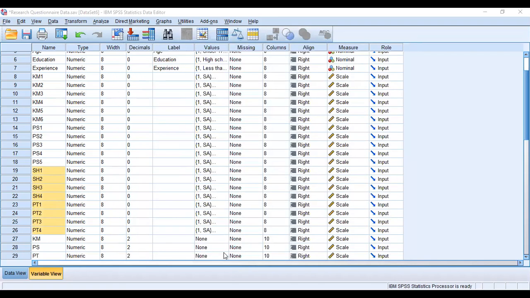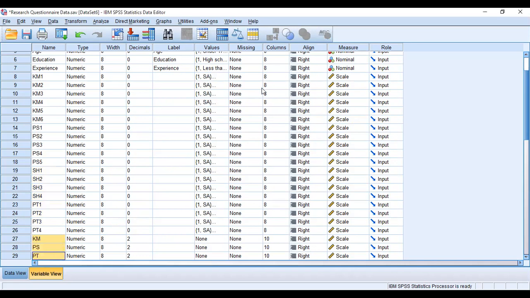So here we are, we have been presented with a table. This is basically another variable that has been computed, which is project team. So now we are able to compute two or more variables in order to analyze the correlation analysis.